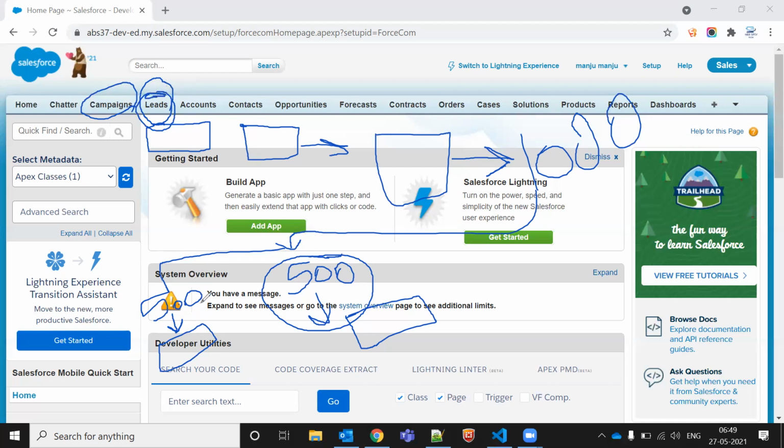Yeah, as of now we have 500 leads converted, so we can say that is a successful lead, and 500 are unsuccessful leads. We'll keep this data in our database for future reference, and we'll create some automation rule from the backend and send emails to the 500 customers on a daily basis or something like this.